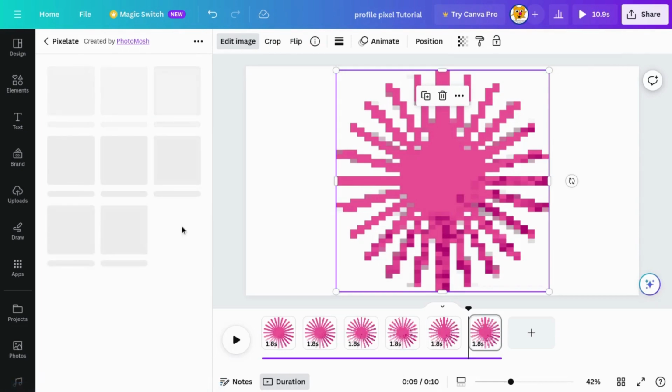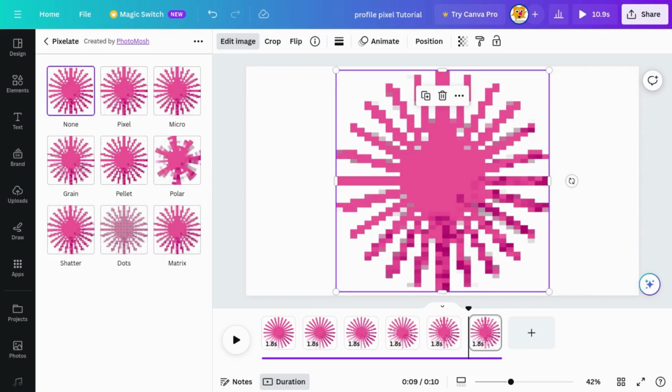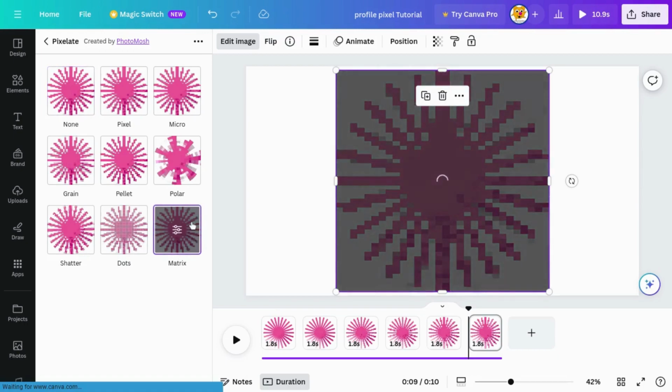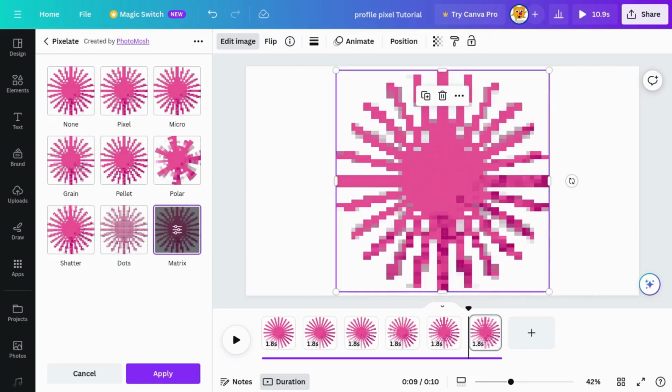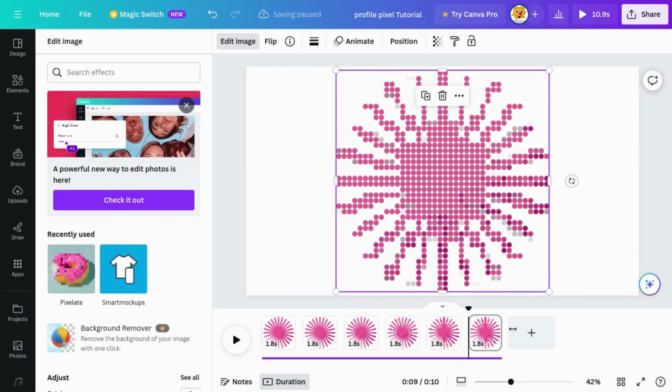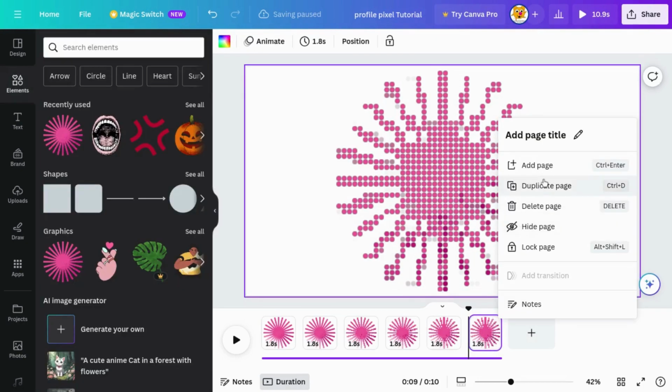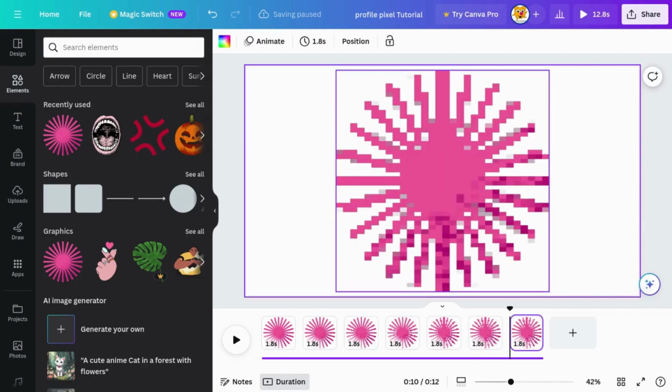In which case, you're using Canva. If you use other software and you know how to do profile pixel there, let me know. But I'm just not sure. Anyways, best recommended to do matrix next. Actually, no, dots. Dots is better. Yeah, I'm sorry, I goofed. But it's best recommended to do the dots thing second to last. And then,